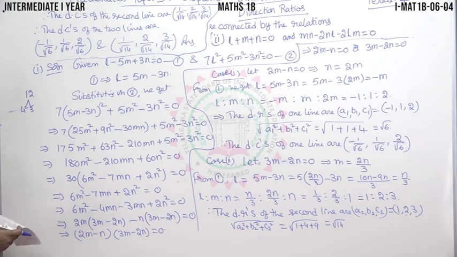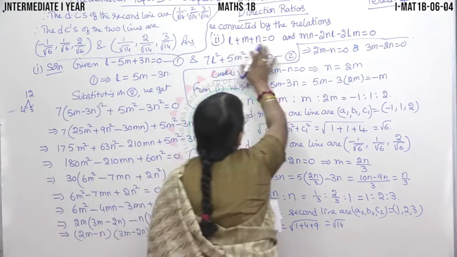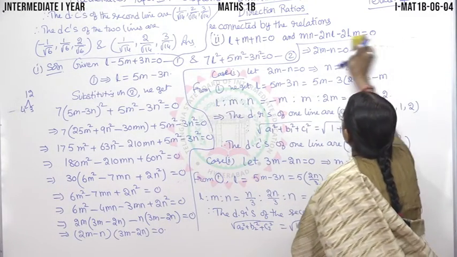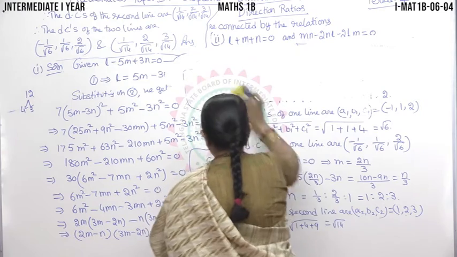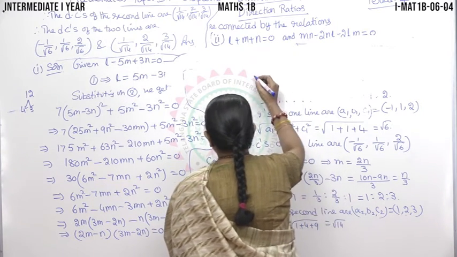So now in the second problem you can find either L or M or N. So suppose I find N. If you find N, you will get a different equation. If you find L, you will get a different equation here like this. So finally, I'll just give the answers. The answers for this problem are,